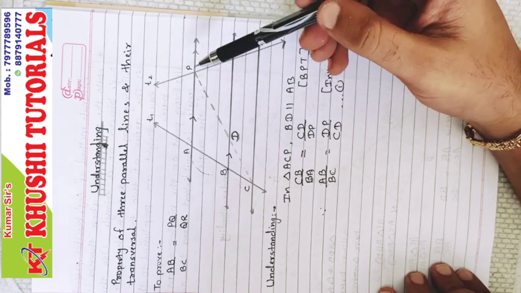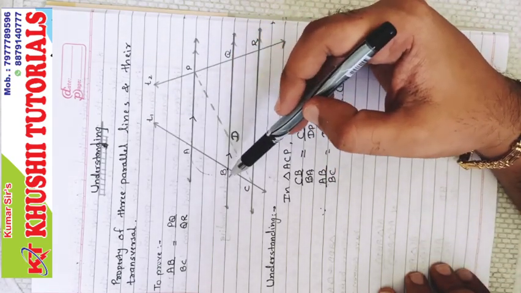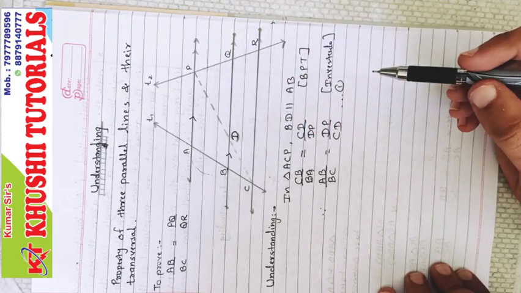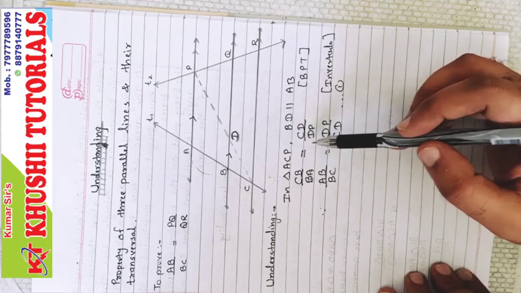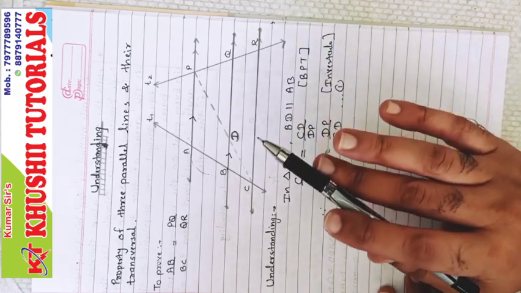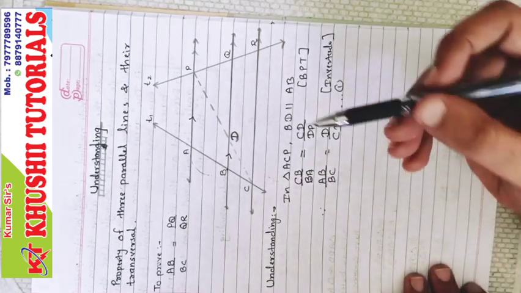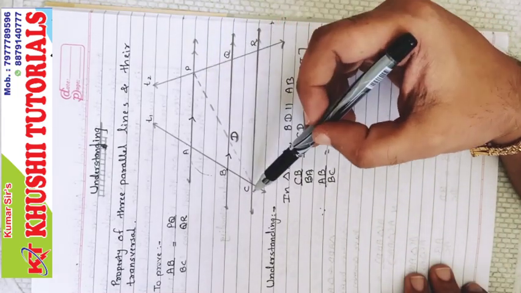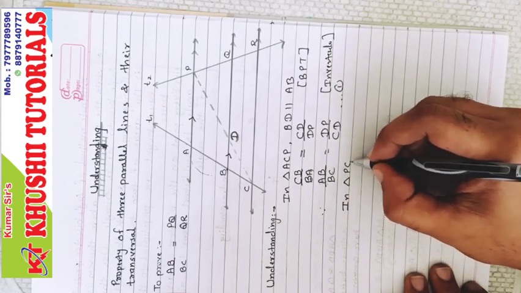You can directly write this. In the actual theorem, you have to write directly, and the reason definitely will be BPT. But let me teach you the real concept. Actually, you have to do invertendo, but in your textbook they have written directly, so definitely you can write it directly. The next triangle. In triangle PCR,